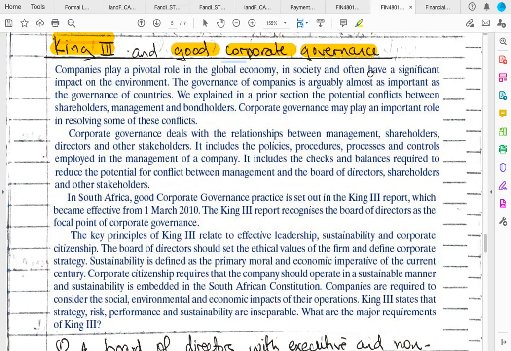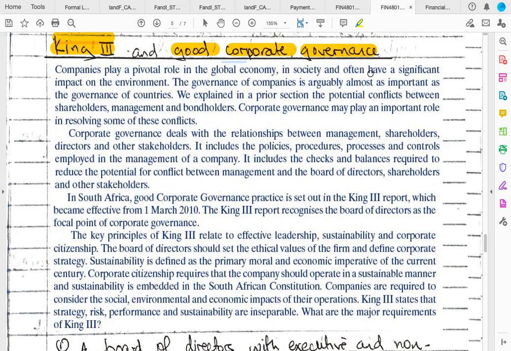When the company is making decisions, the decisions should be holistic in nature, considering all the key stakeholders as they aim to maximize the value of the company. So in South Africa, there's a report and a framework that was created. It started as King 1, King 2, and right now we're at King 3. And it's just a set of guidelines and a set of principles by which companies in South Africa